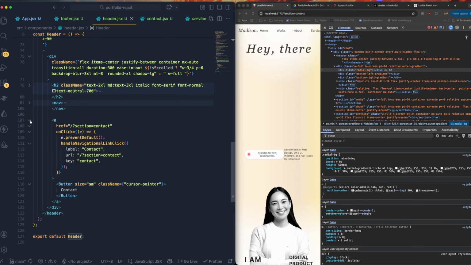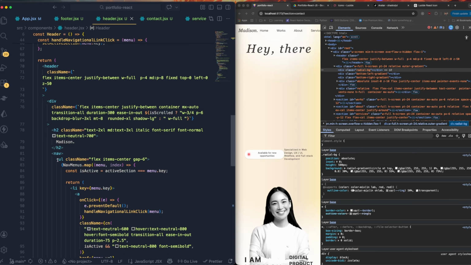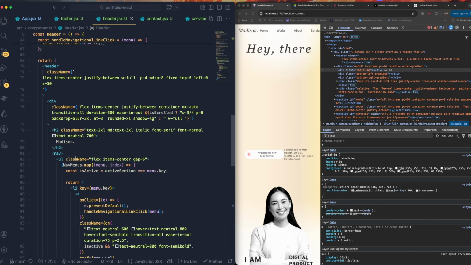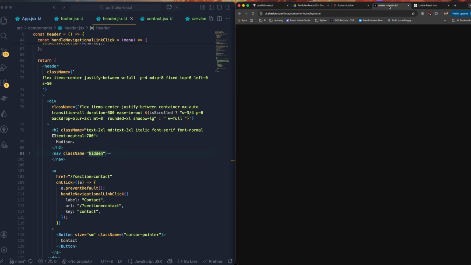Okay, so now we have to get back into the header. So we have this navigation bar. All these things are being displayed. Okay, so this header needs to be, where is this container section? This is the navigation section, right? This nav bar section, and along with this, this particular section, this one class name, needs to be hidden on the mobile devices. So you will not see that on the mobile devices. Okay, so that will be removed from the mobile devices. And along with this, let's get back to the